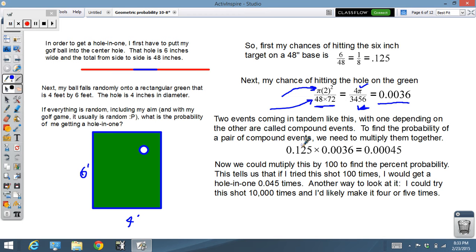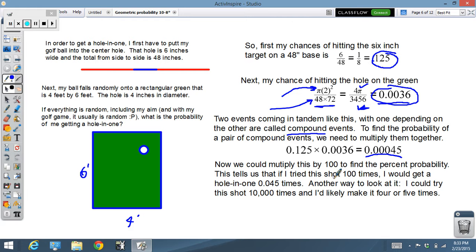Okay? Two events in tandem like this, with one depending on the other. This is called compound events. We'll talk about this more later in the book. To find the probability of the pair happening, we multiply the two together. So, take our 125 from the first event, our 0.0036 from the second event, and we get this little tiny